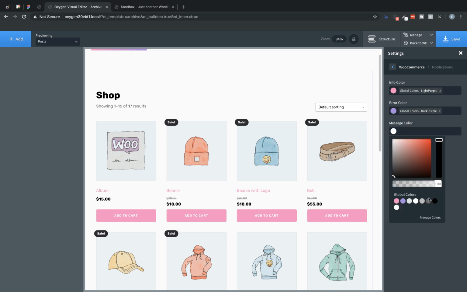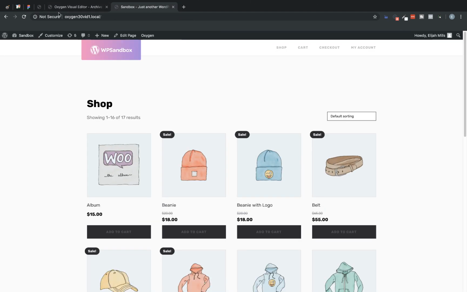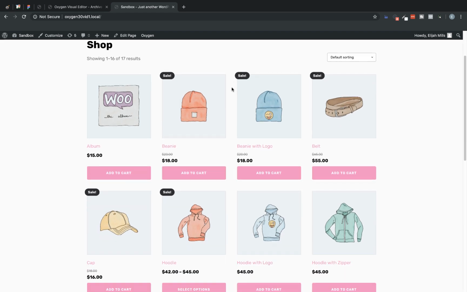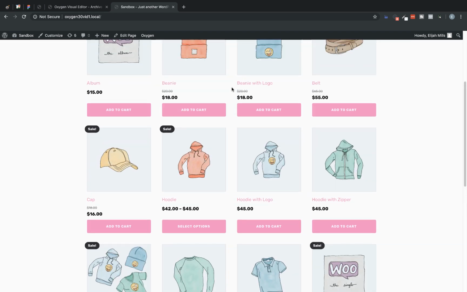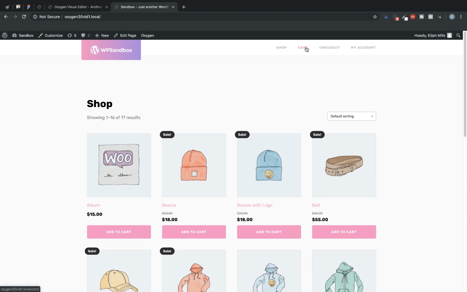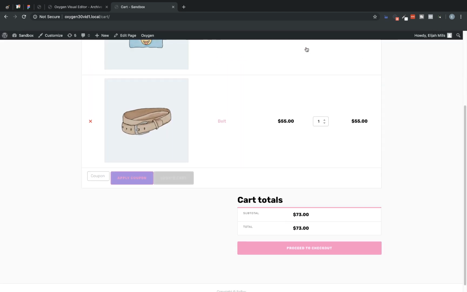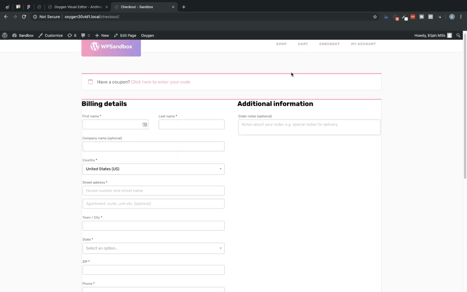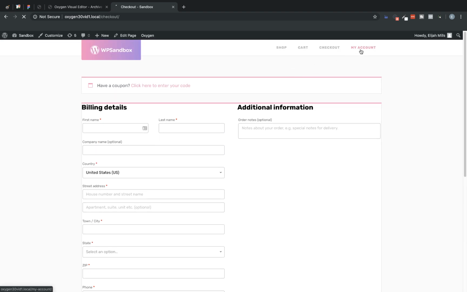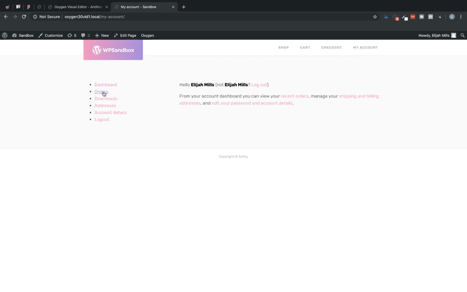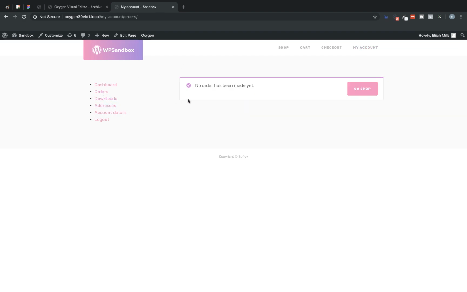And then for the last one, we're going to do a slightly different shade. So we'll start with purple and then just adjust the hue a little bit to get something a little more pink or red. Great. Now let's go up and save and let's take a look on the front end at what this looks like now that we have applied some global styles. And as you can see, it looks 100 times better. And the global styles apply across all of the WooCommerce pages, as you can see here. Even our My Account page has those global styles,